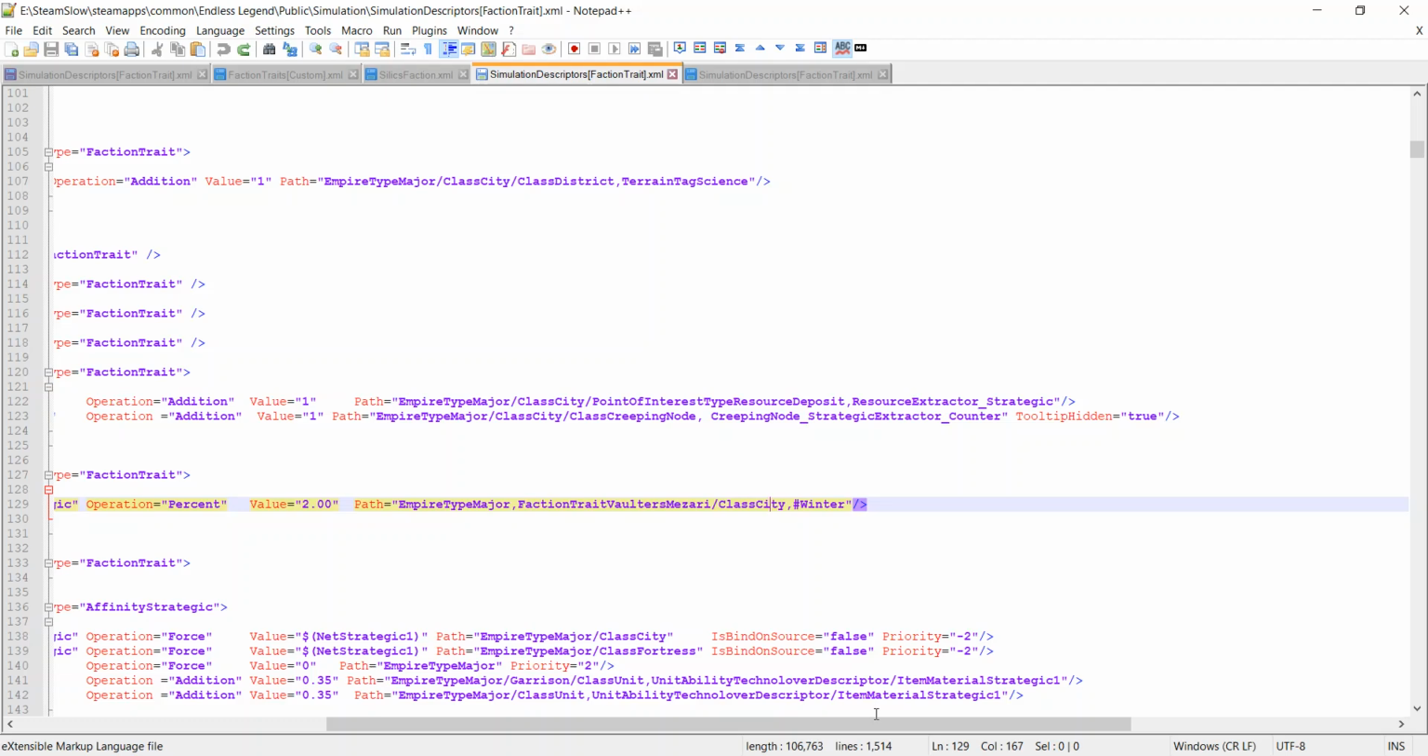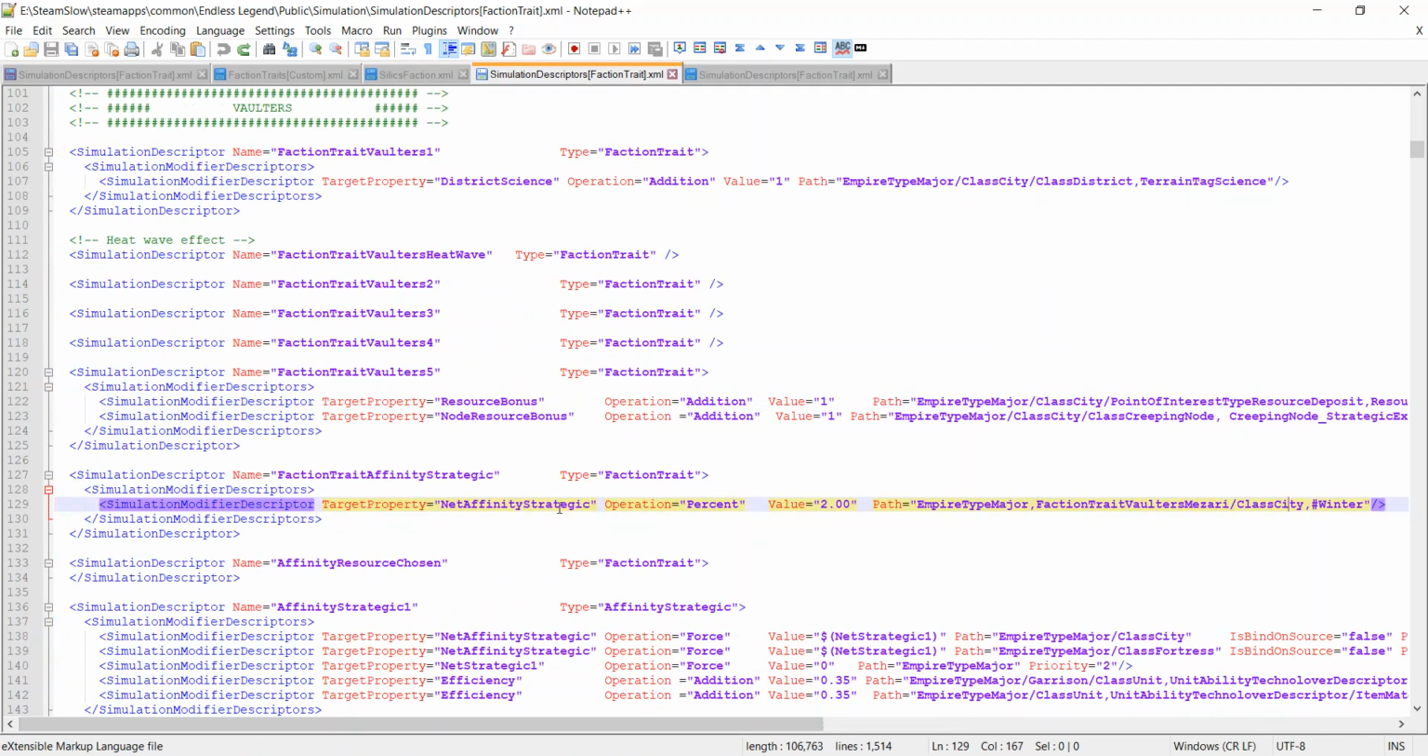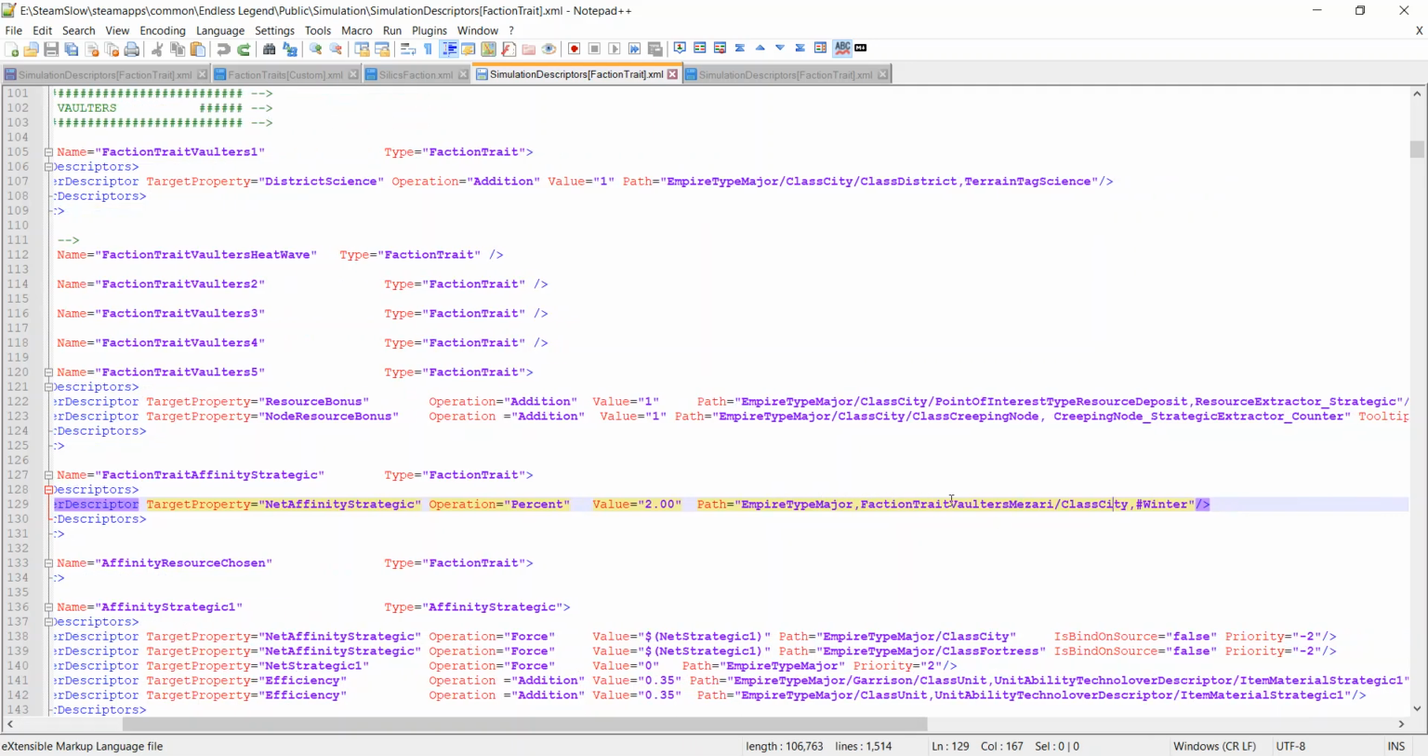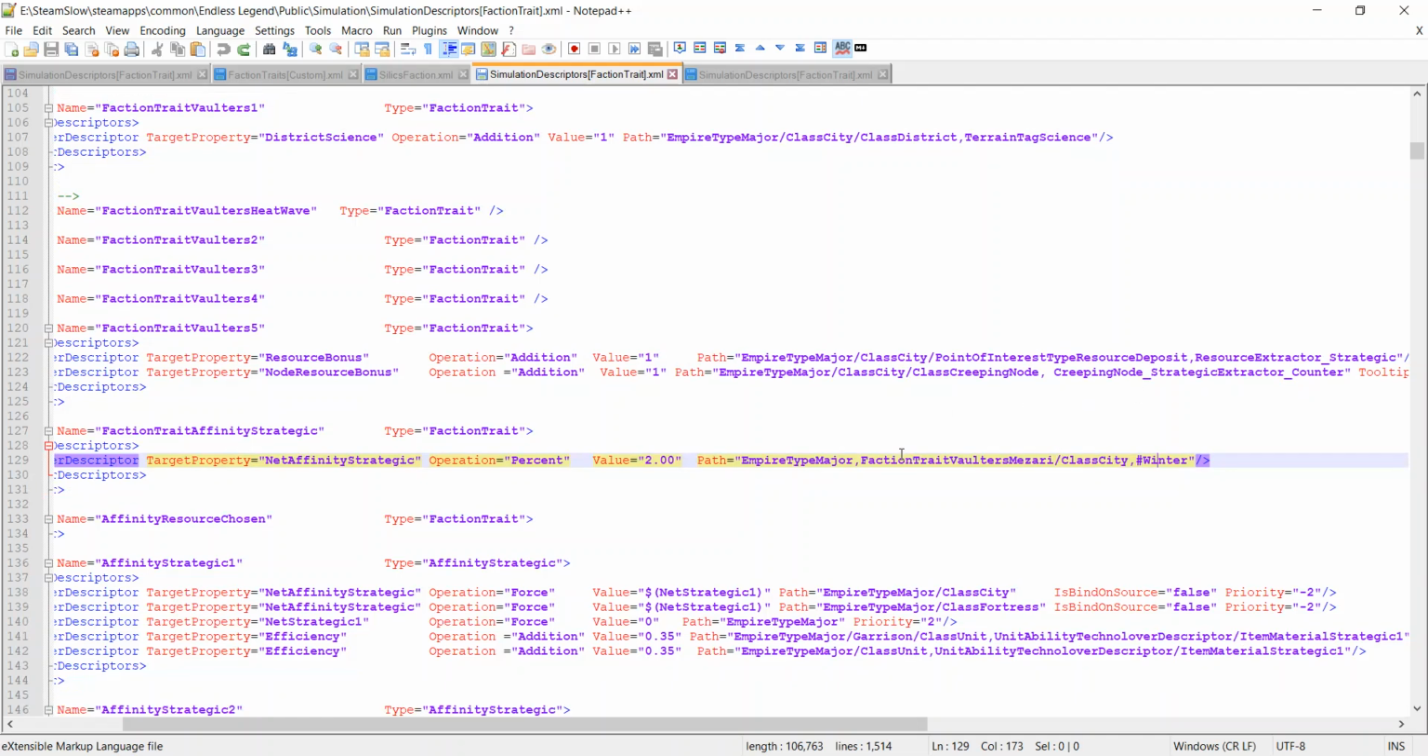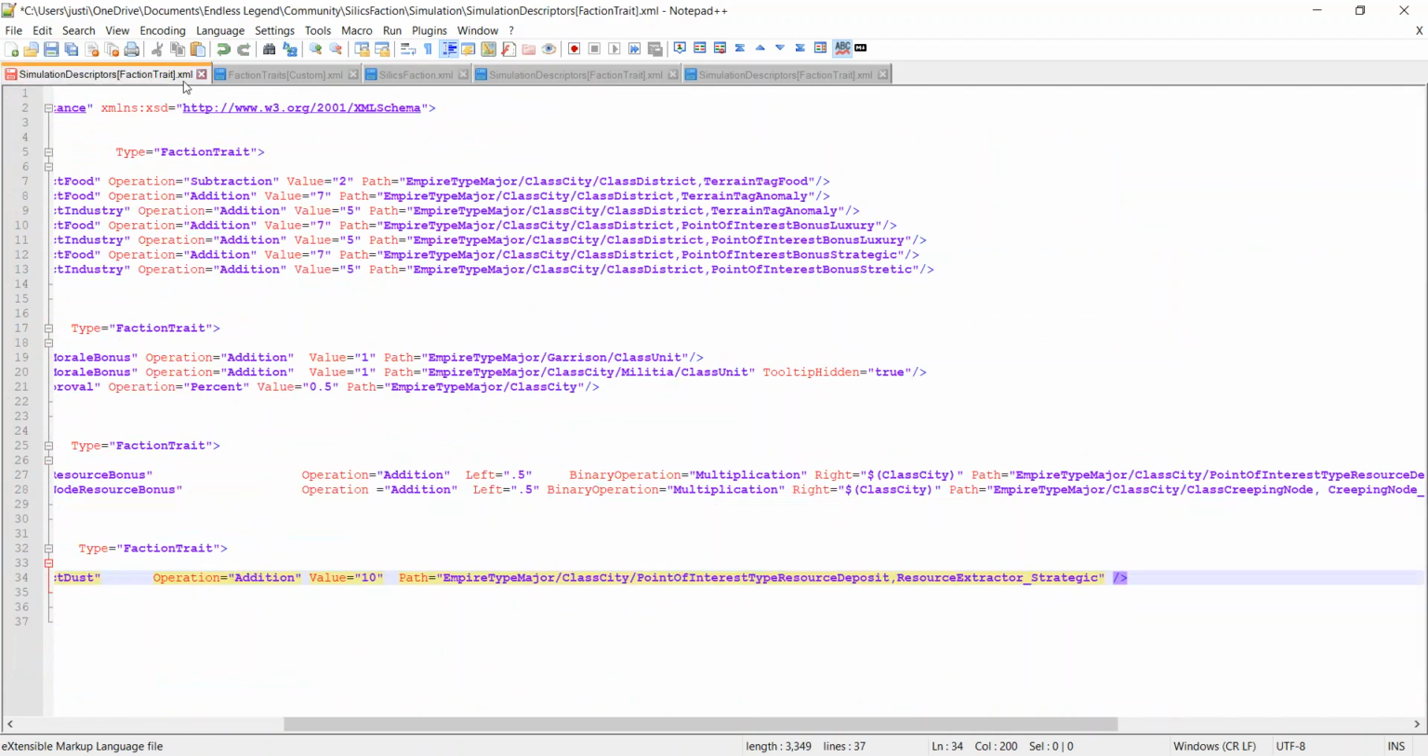Oh, okay. Here's another example. We have, right here, net affinity strategic, something like that. It doesn't necessarily matter, but our main thing is that we have a comma winter at the end, even though it's affecting class city. So the hashtag doesn't necessarily matter as long as you have a comma hashtag, something around there. What I'm going to do actually, because I don't like to have something comma and then comma something, since I'm not entirely sure what that will do, is just do comma and then hashtag